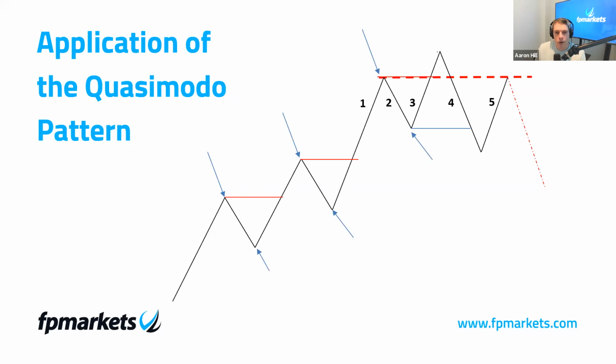Now, breakout traders will buy the breaks of these. Let me just get the pen up. Breakout traders in an uptrend, so breakout buyers will be buying these points here. They'll be buying the breakout of the previous higher highs. Most of us know this, I assume, so I won't labor on this point too much.